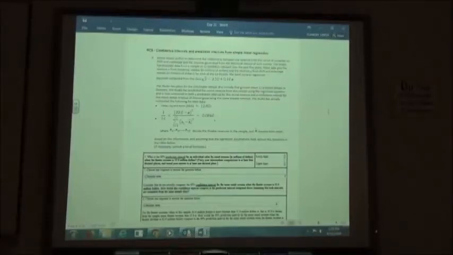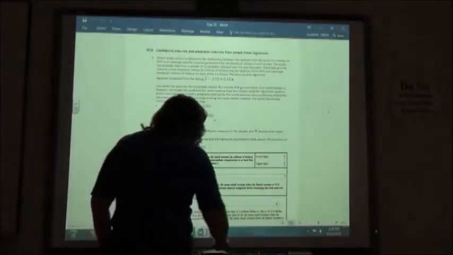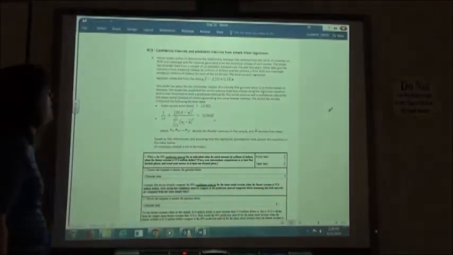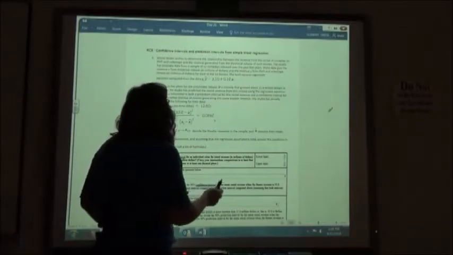All right, the next ones, we're going to do confidence intervals and prediction intervals from simple linear regression. Again, we're going to have some formulas that we need to know. And so in order to do the prediction interval,